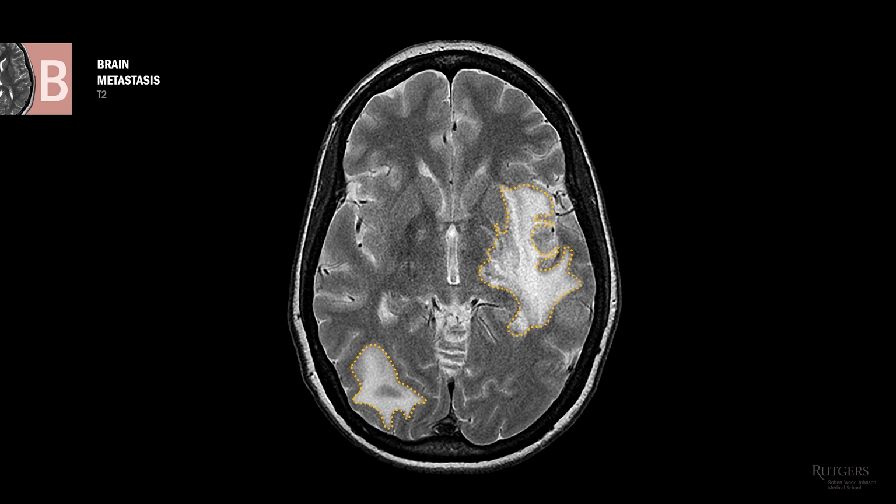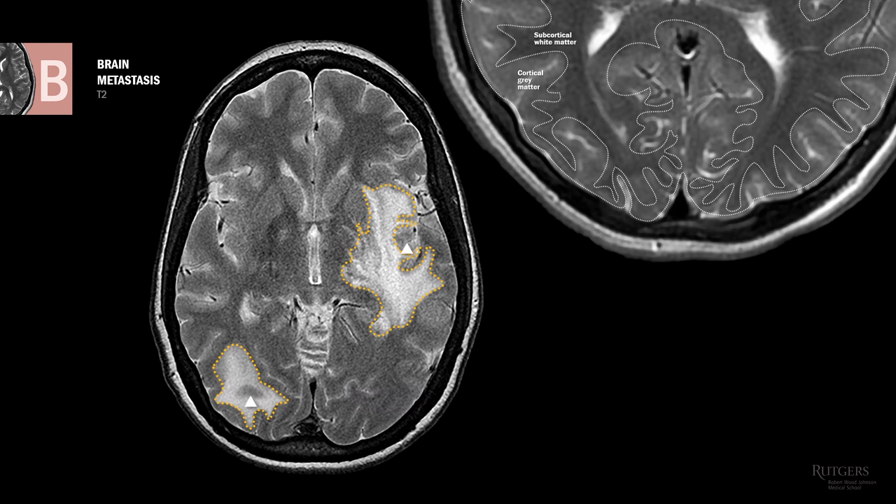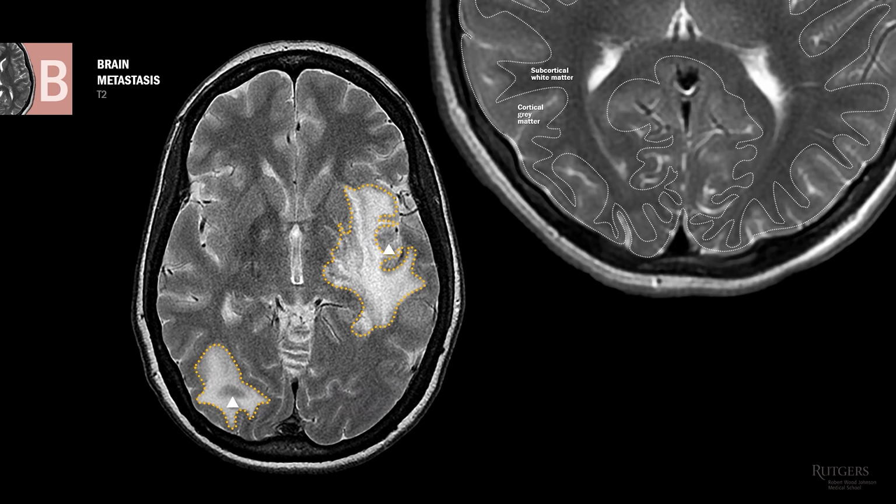What is the type of edema pictured on this T2 image? Right again, these are finger-like projections of vasogenic edema. And you can make out the small, well-defined round masses that are iso-intense to the brain parenchyma. Let's bring back our illustration of the cortical ribbon. Have you noticed that these metastatic lesions are near the gray-white junction? Nearly 80% of the mets are.